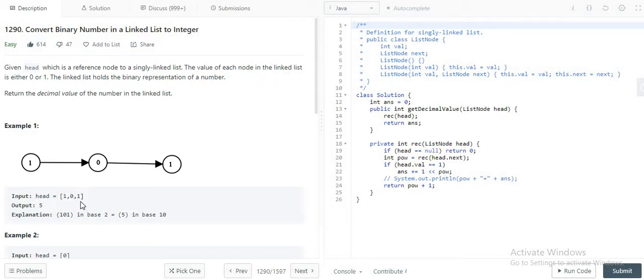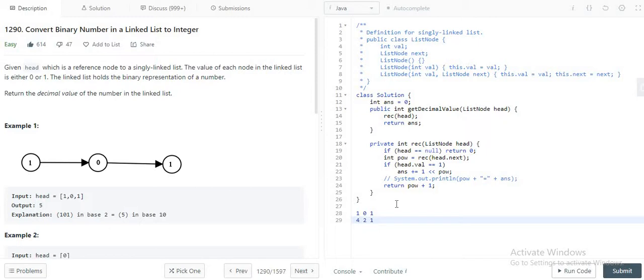So if we calculate this, if we take it as a binary representation, 101 stands for: this is the one place, then this is the second place, and this is the fourth place, because each digit is a power of 2.